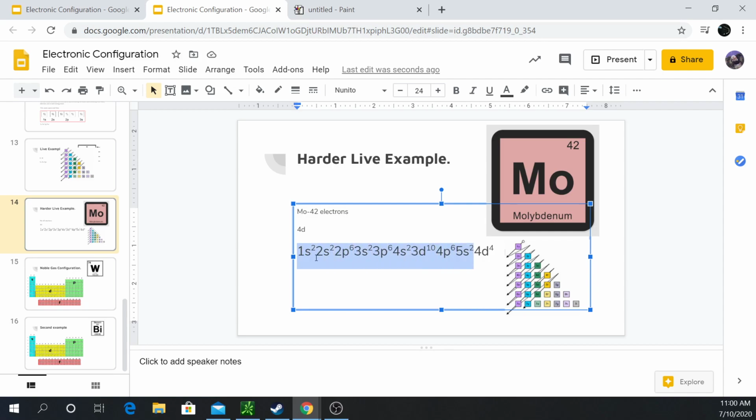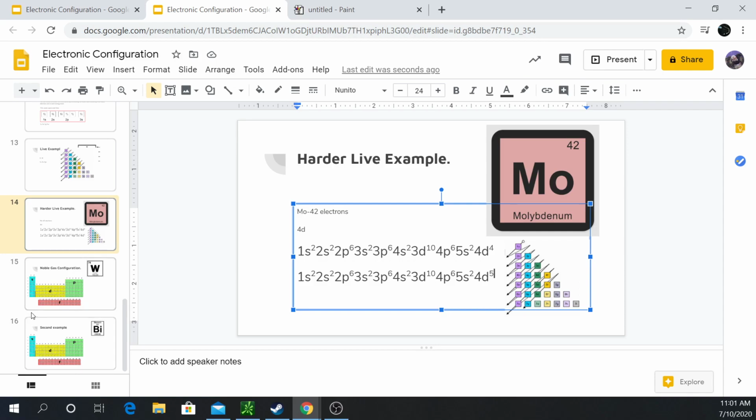All that we'd have to do is copy what we had done before, because all of this stuff is going to end up being the same, because it's still going to fill in these things first. And then we would say, okay, well, technetium, that's one more, so that's going to be 4d5. Okay, so that's an example of something where the difference between these two is very, very small. So we even have a step further that we can go to simplify this so that we don't have to do as much writing,